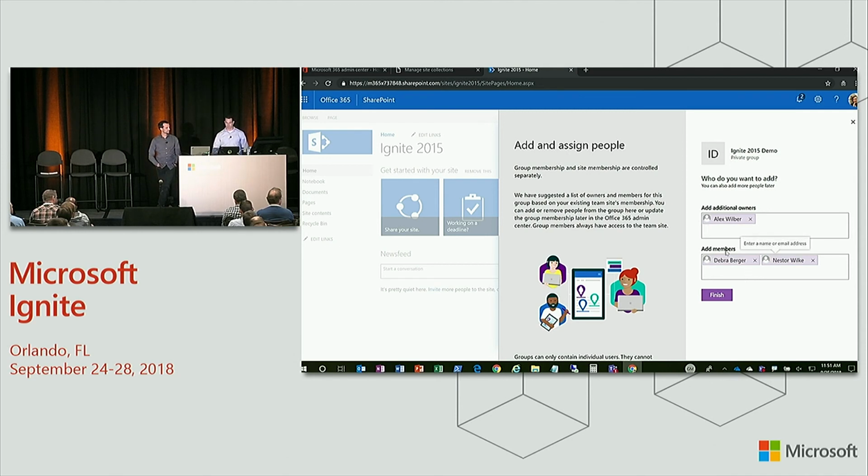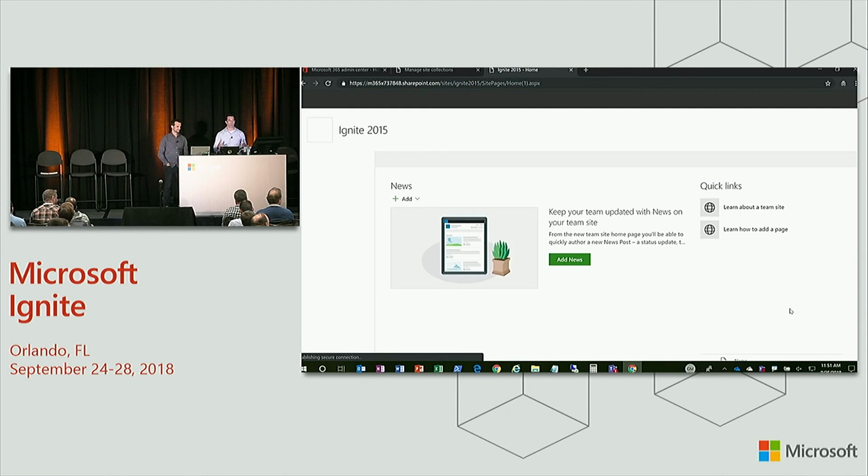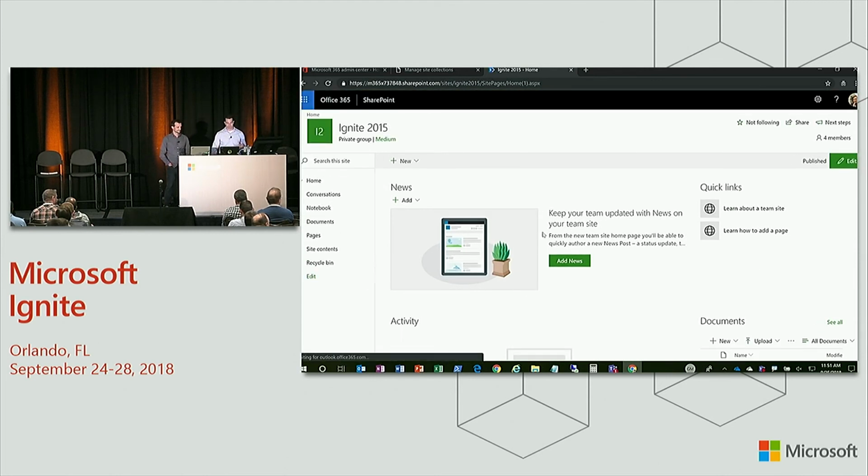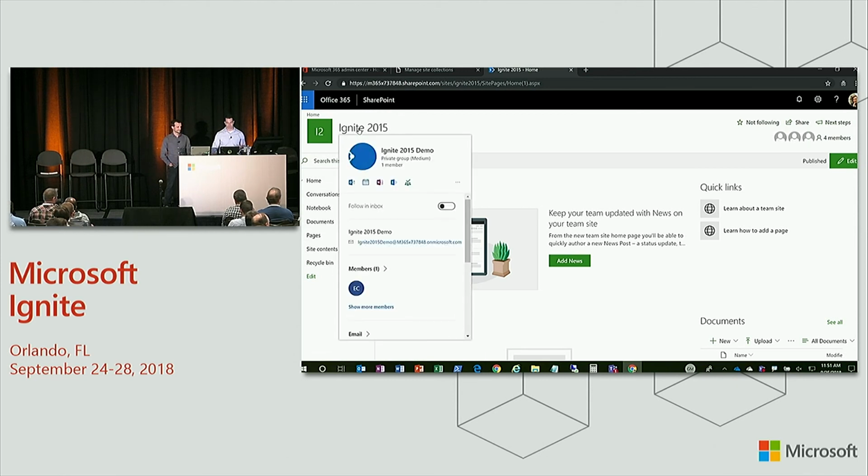And it's pulled in the members of my site collection as well to be group members. So here, if I want to, I can add myself as an owner, and then I'll hit Finish. Now, as this provisioning is completing, my owners are being added to my group, and now I have this great, beautiful site collection. I have links to my notebook, to my documents, and you can see here I have access to that great group card that we saw earlier inside Outlook. How do you like that?